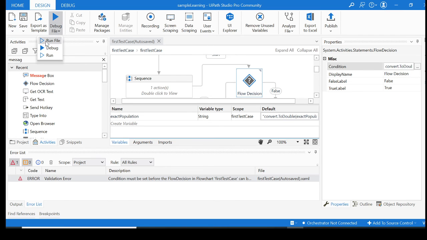Let's run it. But see, again, we're gonna revise it. What is our test case supposed to do? The test case is gonna start by opening the browser, and it's gonna search for the city's population. The population is extracted and stored into a variable. When it gets stored, the variable scope is increased and it comes into a flow decision where you check whether it is less than 100 or not. If it's less than 100, then you have your two different message boxes. Let's see what it's gonna do.